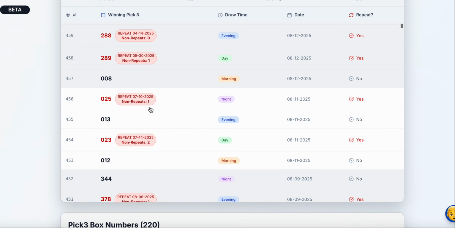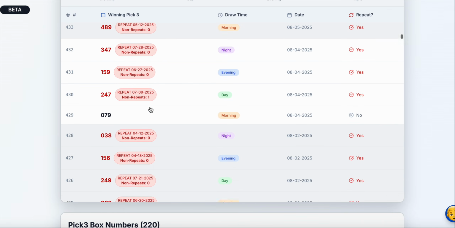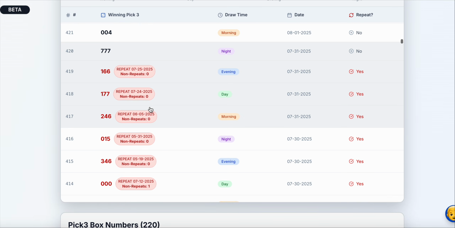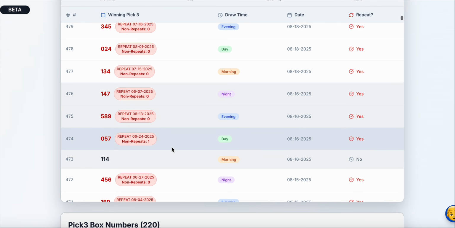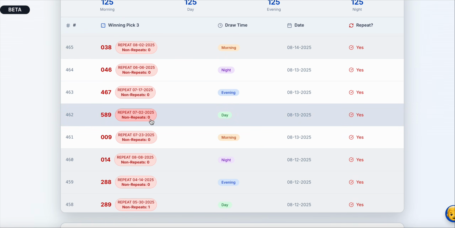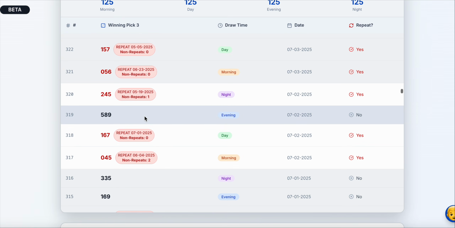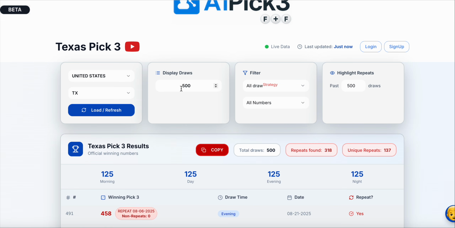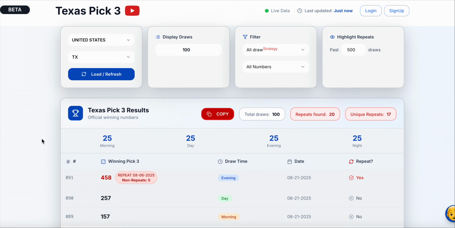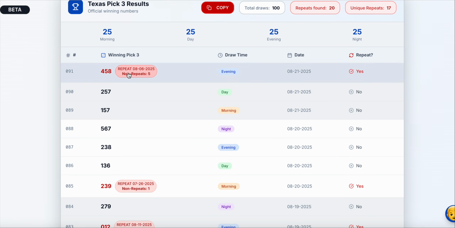So there you go. This is when you look at all 500. See how they repeat all the time? You have more numbers within 500. They repeat. So say, for example, 475 could have repeated 475 draws ago, whatever. So look, if I click this, it'll take you to where it repeated, like that. All right, so now let's go reduce them. The fewer draws that you search or have displayed here, guess what happens? Look, bam, fewer repeats.